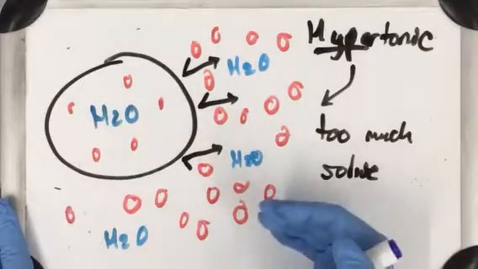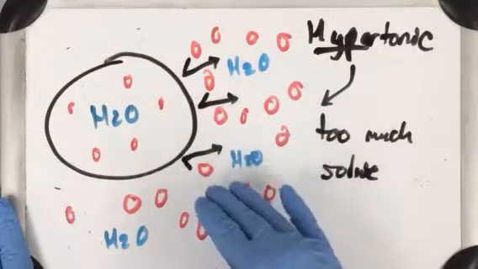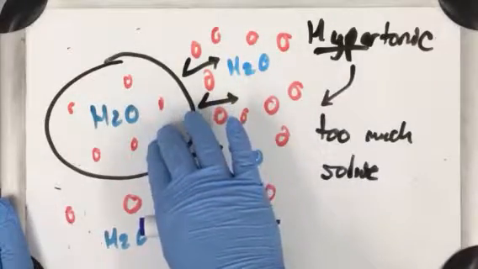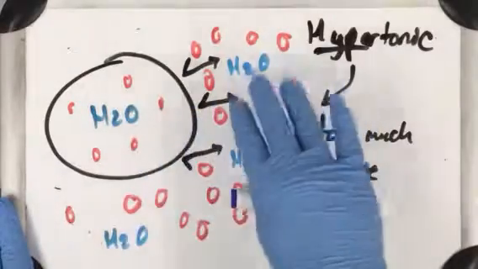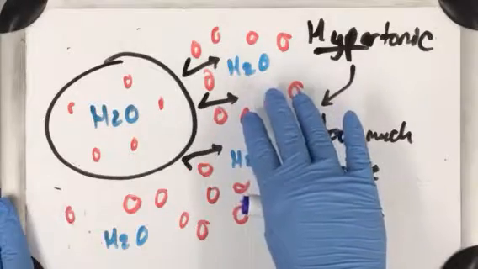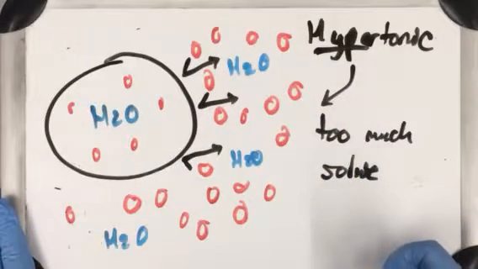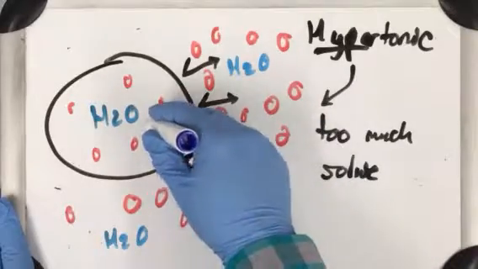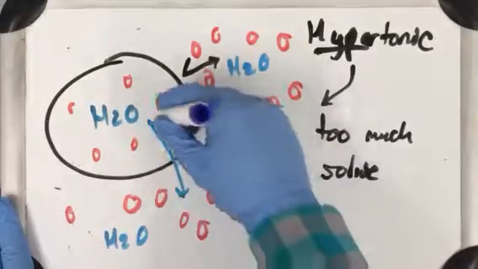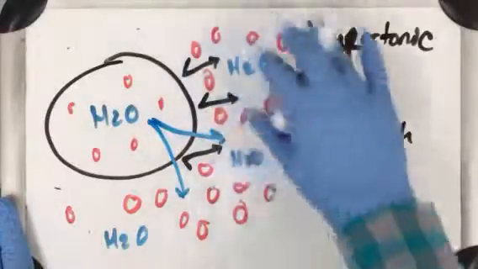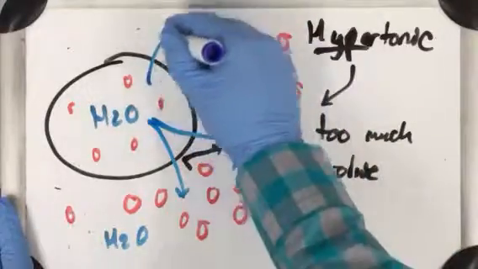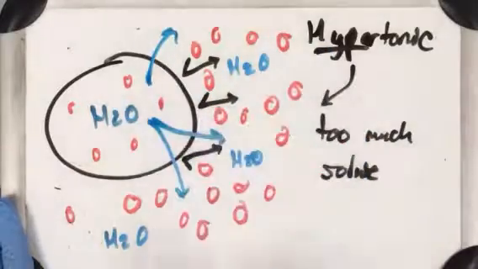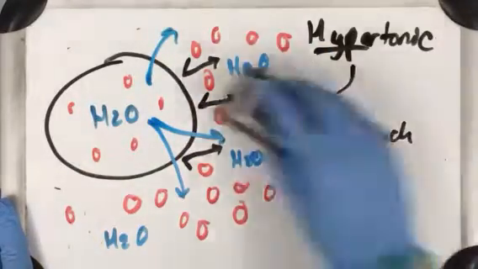However, the water is going to try and make the concentration in here, which is a lower concentration, try and match this. The problem is that the hypertonic solution is going to cause the water inside the cell to move out, because the water is trying to dilute this hypertonic solution outside the cell by pouring its water from the cell into the solution. The problem is that this causes the cell